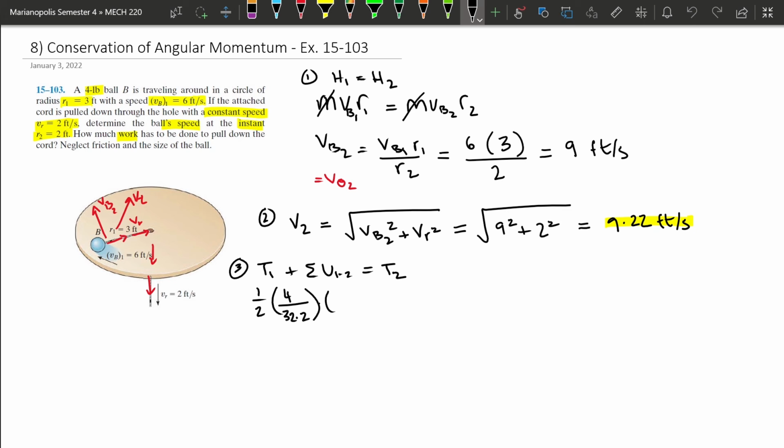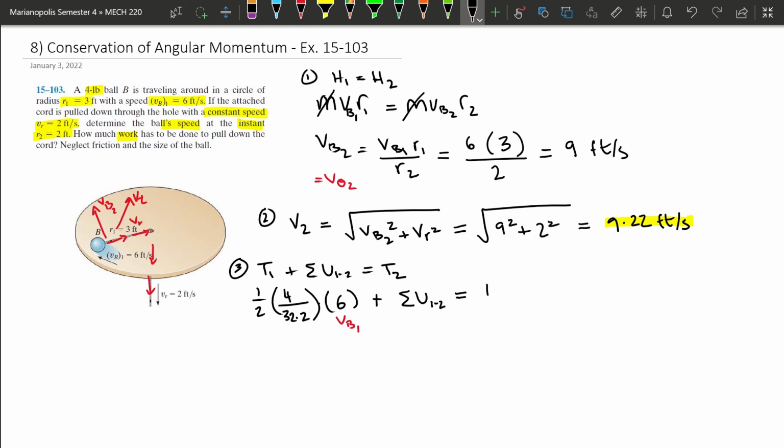It's a little bit tricky, very subtle, but the question hints that as soon as you start, you're starting with just the tangential velocity, vB1, and later the vr is being applied. So here I'm going to use vB1, and maybe I'll write it down, vB1 is 6 feet, plus U1 to 2